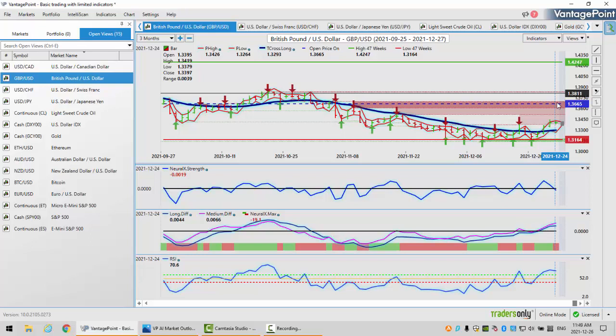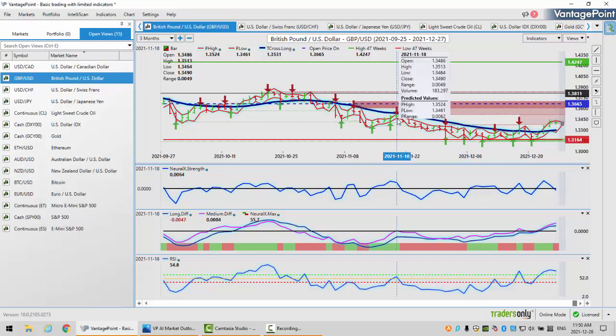136.65. The pound dollar is still bearish technically while below that level because it's not making any gains on the year while below 136.65. So if you bought the pound dollar on January 1st, 2021, and you're holding that position, you are in technicality still losing money. So again, the yearly opening price is something we always want to keep our eyes on. What's very ominous about this, and the power of the neural index when combining it with the neural X strength, is that you can see that it's sloping down and we're pushing below the zero line. The neural index has gone from green to red, and our indicators are starting to go sideways a bit.